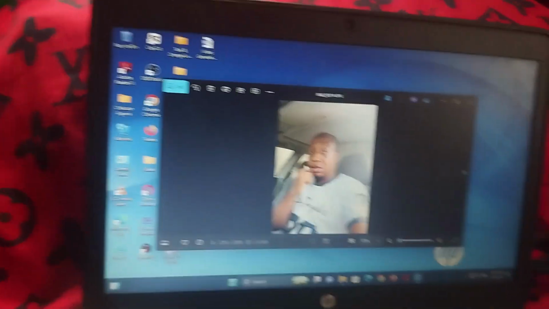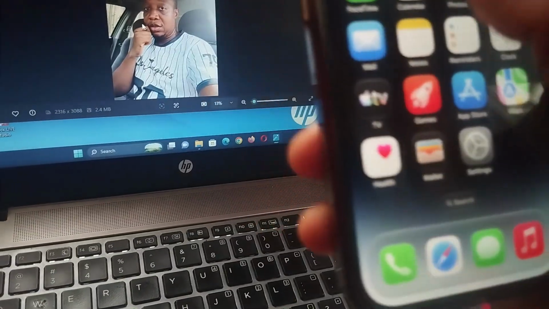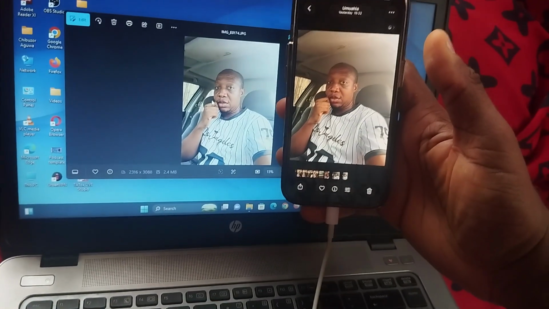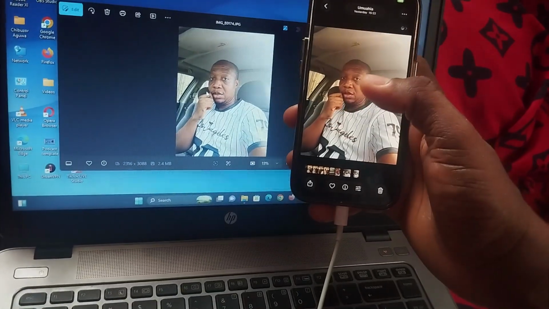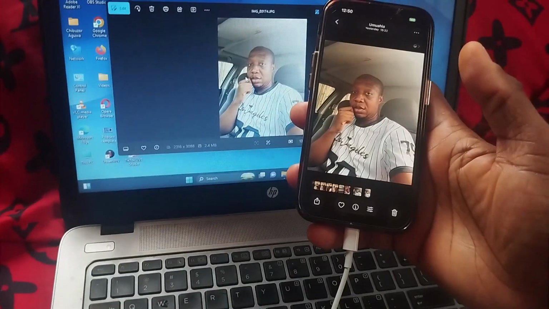Let me open it up. As you can see, this is the image. Now let me show you the image still on this iPhone for you to confirm that yes, I did that just now. So let's go to photos, and this is the very image. This is the colored version. This is the very image I copied. As you can see, it's the same image on my iPhone and the same image I now have on my Windows PC. That's my laptop, and I did this by just using a USB cable, an original USB cable,